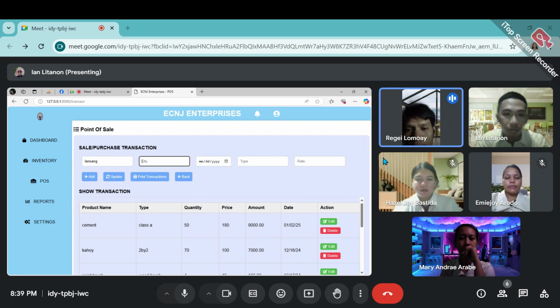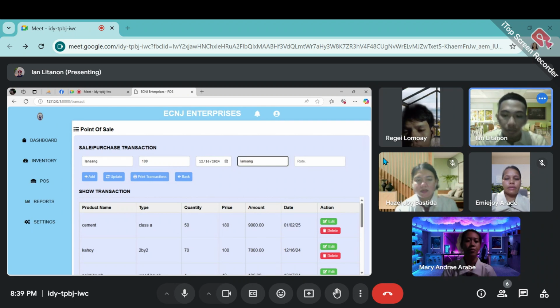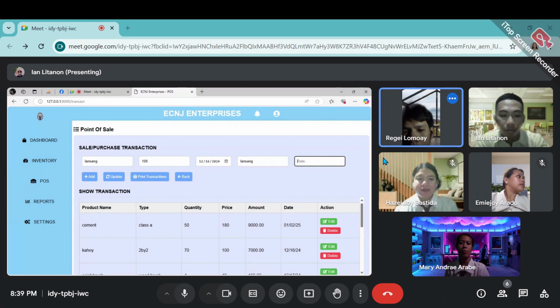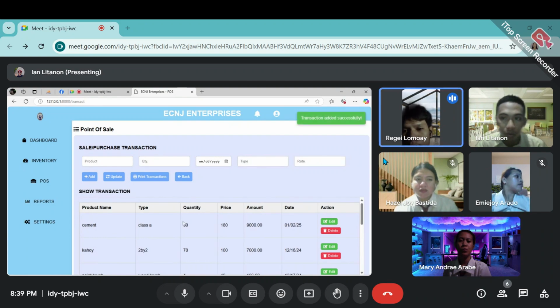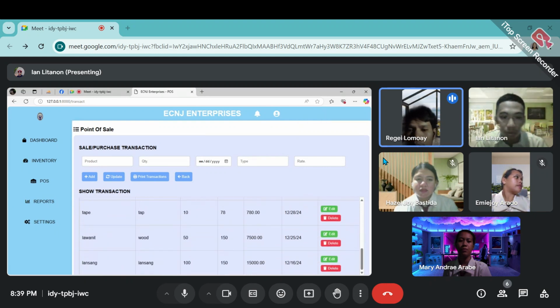The user will fill in the fields and put some data, and click the add button. Then as we can see here, the transaction is successful.